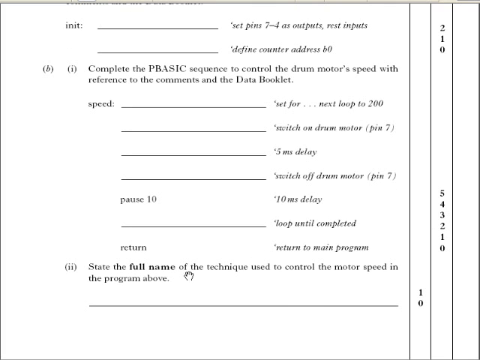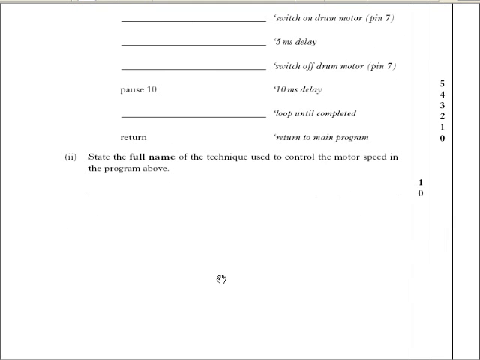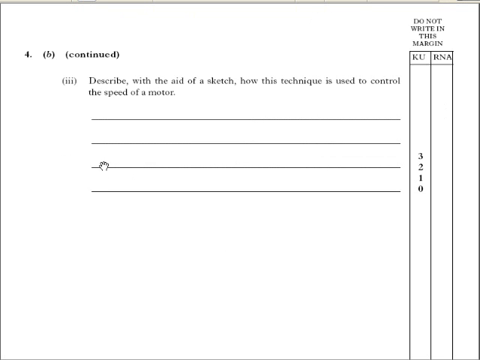Name the full name of the technique used to control the motor speed in the program above. It's called pulse width modulation. Pulse width modulation. Okay, now describe with the aid of a sketch how this technique is used to control the